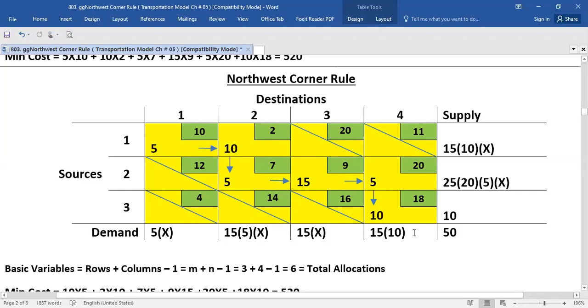You are very lucky and fortunate that while making the last allocation, you noticed that there was 10 supply and 10 demand. It indicates that the rest of the allocations were made correctly. When these two values are not equal, it means that your previous allocations were not correctly made.